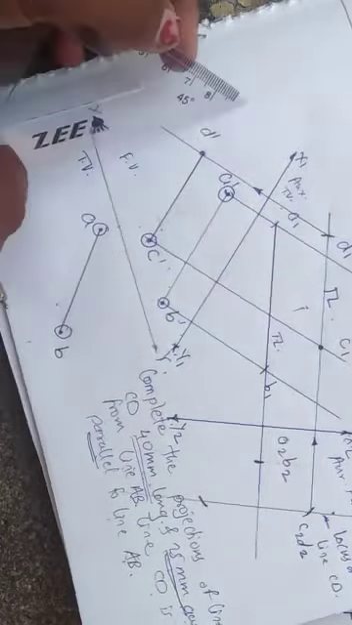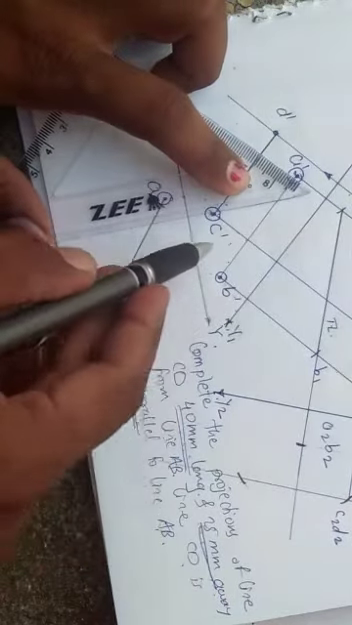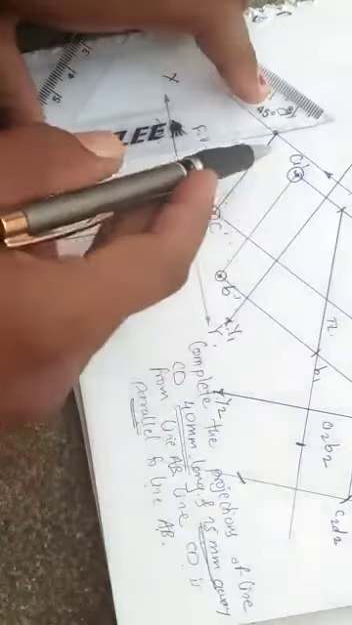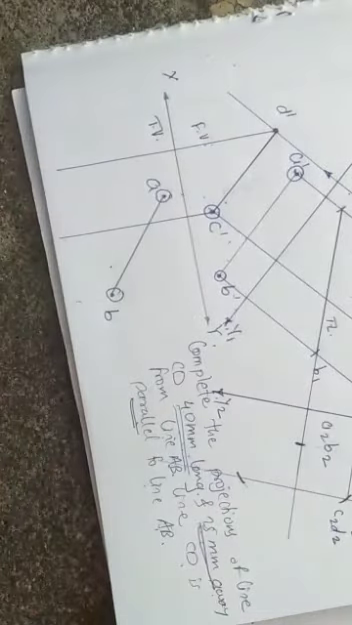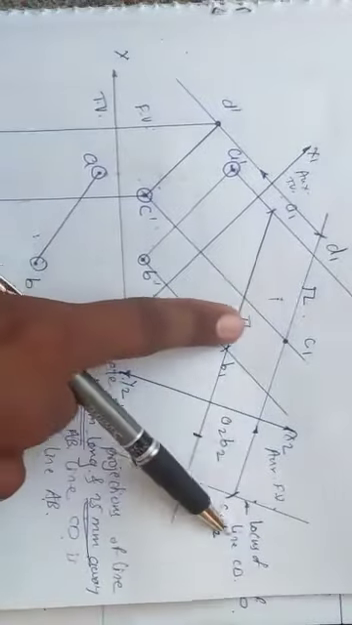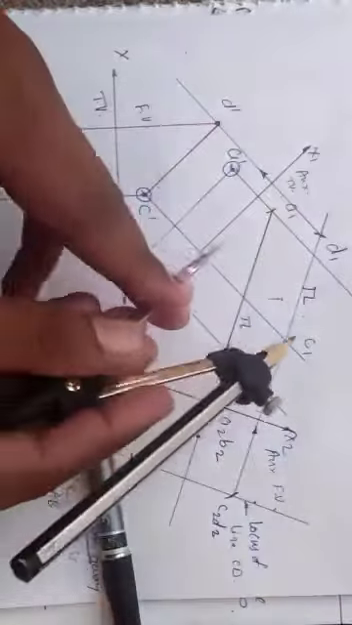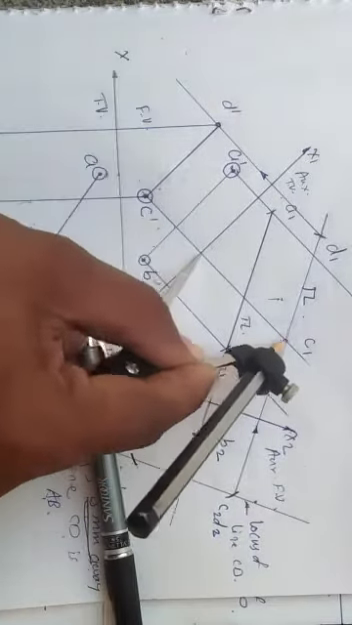Now constructing line CD's top view. So how to construct it? Transfer the projector of point C. Also transfer the projector of point D. Now let us try to locate point C in the top view. So here in the auxiliary top view we have point C1. So measure this distance from x1 y1 to C1